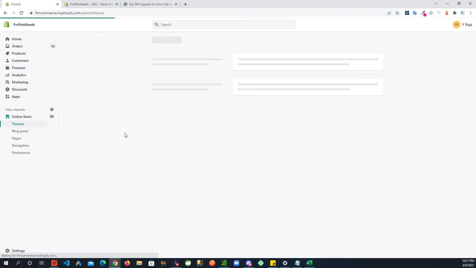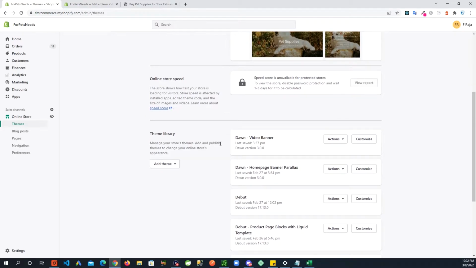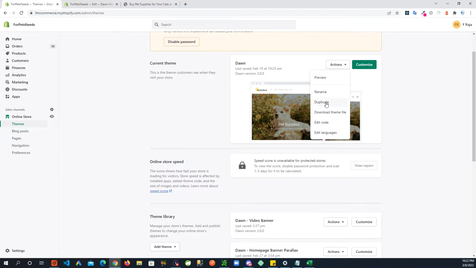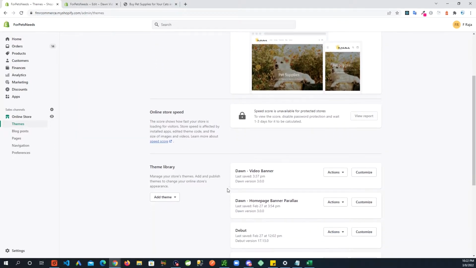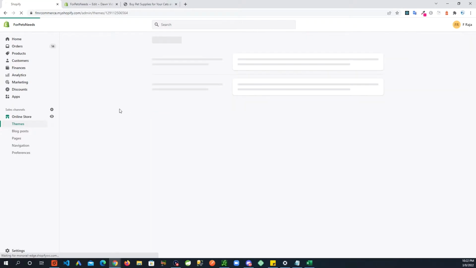close this and go into this area here. You would want to also create a backup of your theme, anything you do, in case something goes wrong, you have a backup of it. So I have already created a backup for myself, so you could duplicate the theme from here, and then once it's duplicated, just rename it with something like I did Dawn video banner, and that's where we will be working on. So if I go in here now and edit code,